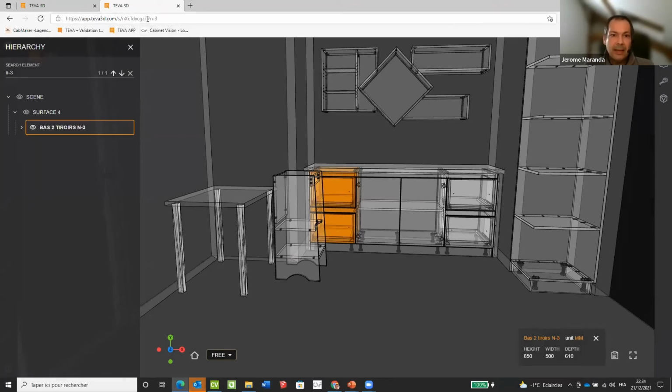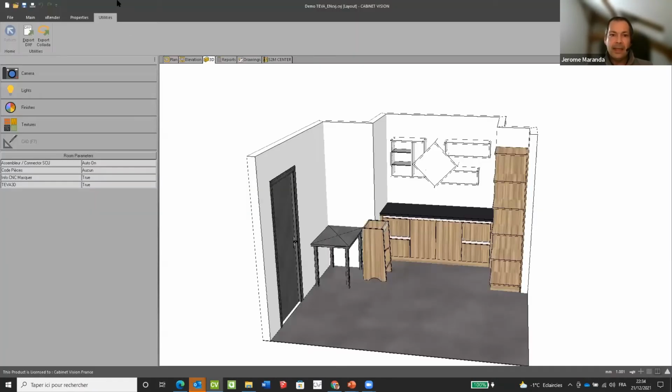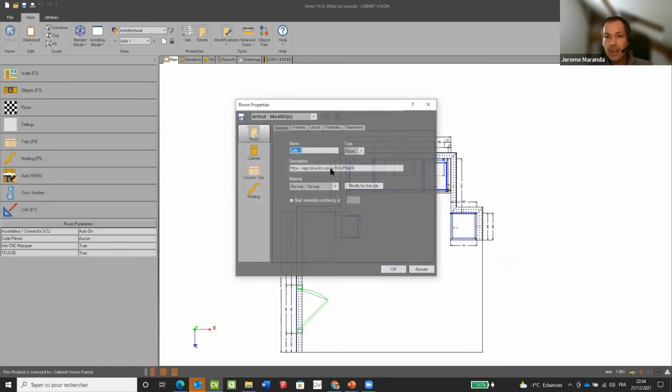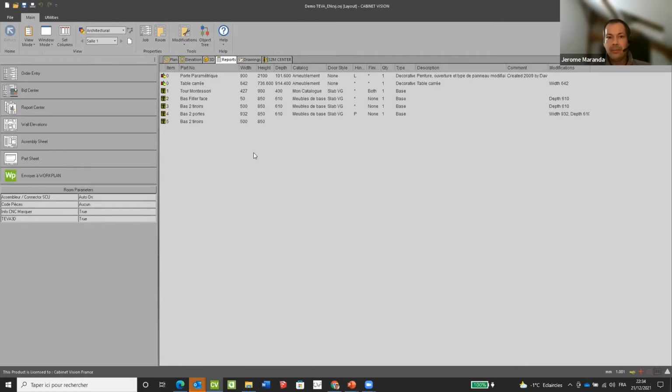By doing that, if I just go back into Cabinet Vision, I copy the link of my project here, and I would just go back into Cabinet Vision. I would just go in the room. And you can see that if I paste my link for the project, then I can easily use that dynamic URL to create a QR code as a report from the